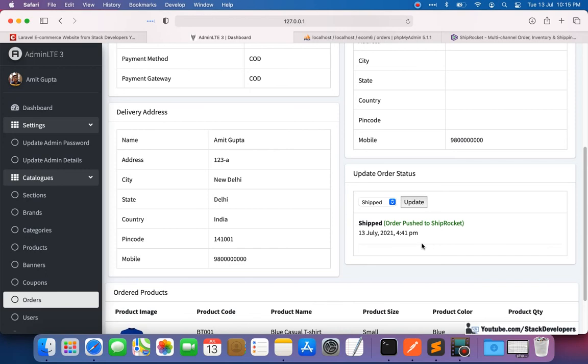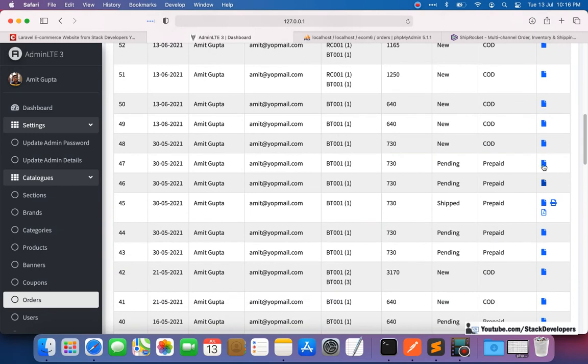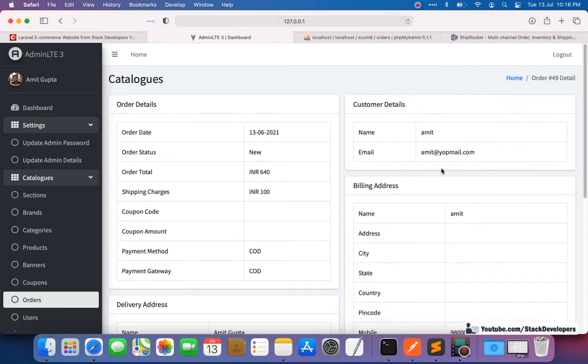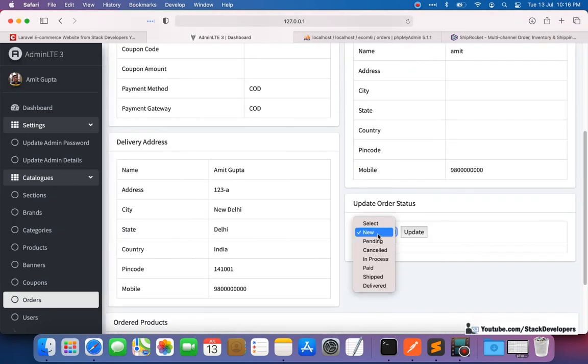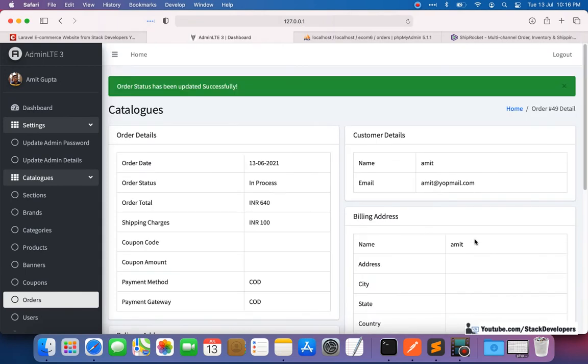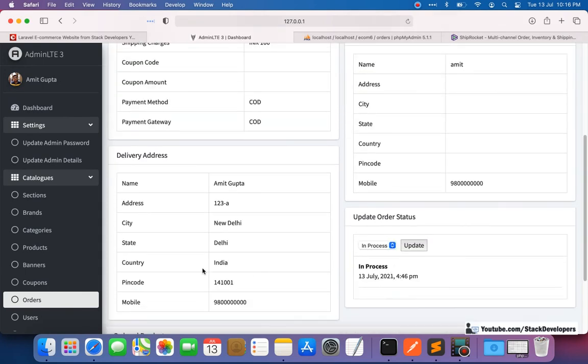Suppose you manually update the order and the order is not shipped to ShipRocket, then we are not going to show it, or you update some other status, pending or something, then again we are not going to show such a thing. Like if I update some other order to in process, then it will not show anything, it will just show in process here.